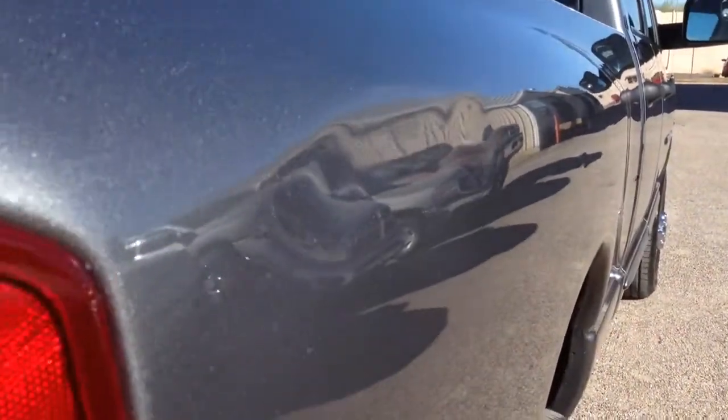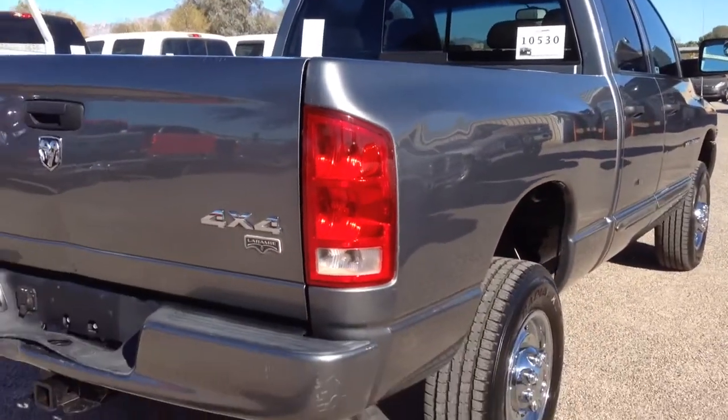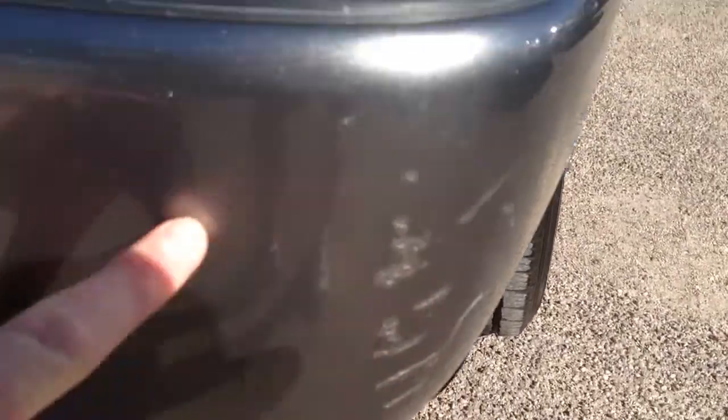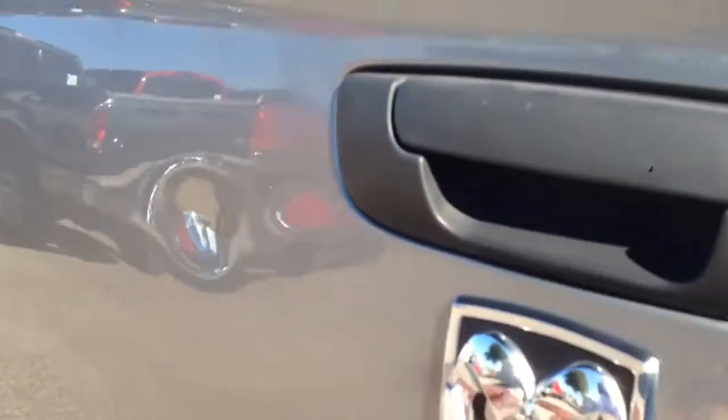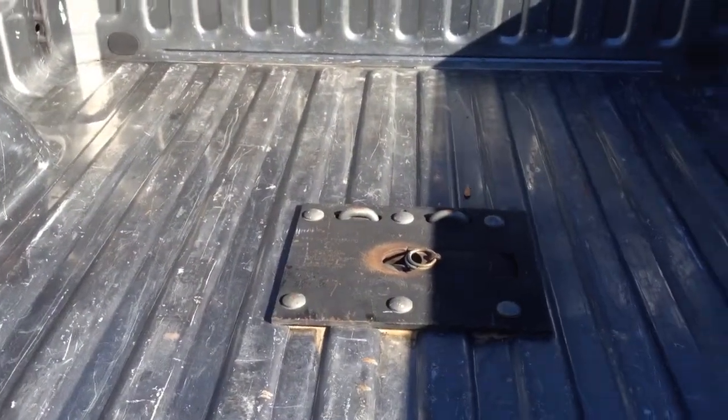There's a dent right here and here. I don't know if you can see that in the video or not. You probably can, because obviously HD video's probably better than the human eye. Little touch-ups here, dent here in the tailgate. I would suggest getting a louvered tailgate. It does have a fifth wheel hitch, so